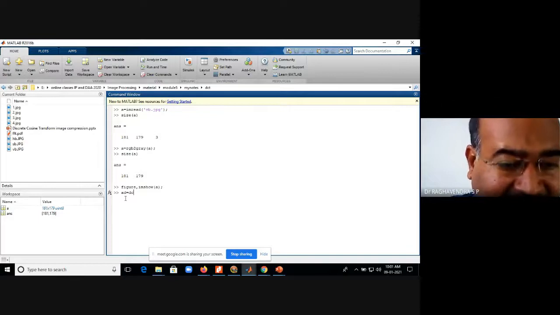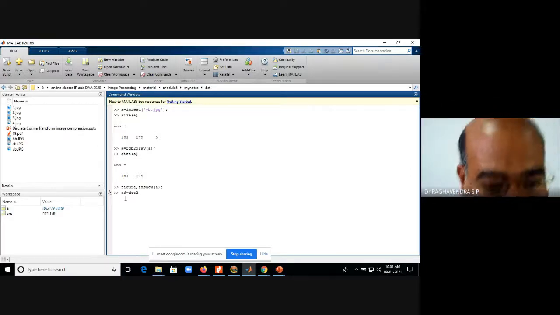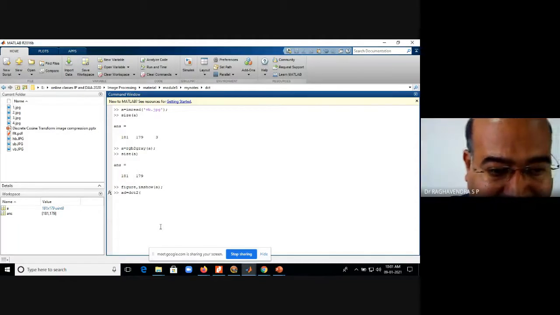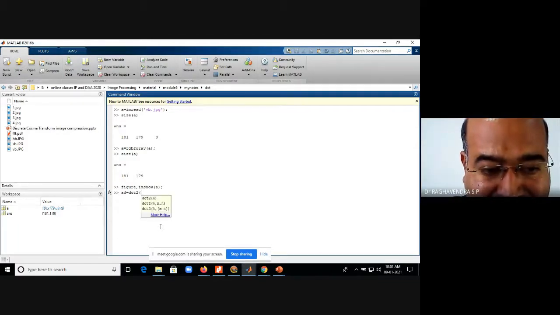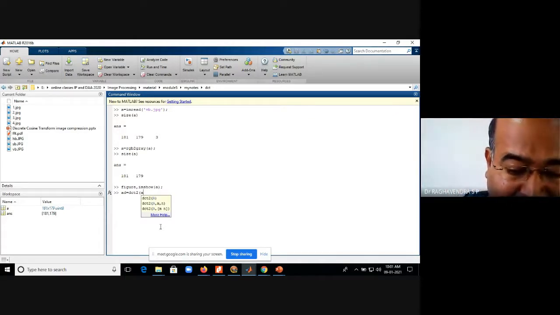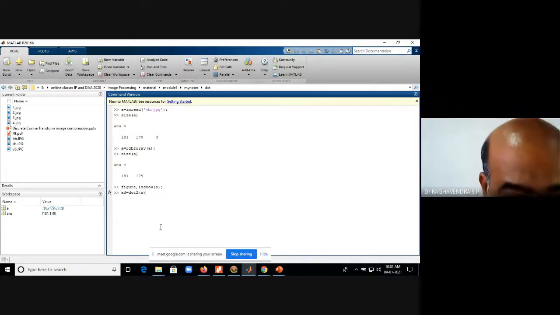I have just taken A. So DCT2, discrete cosine transformation 2-dimensional, on the input image. What is the variable which contains the input image? A, the small a. I am applying the discrete cosine transformation on the input image A, because this A is nothing but the input image that I have already taken. So once you apply the discrete cosine transformation on the input image,